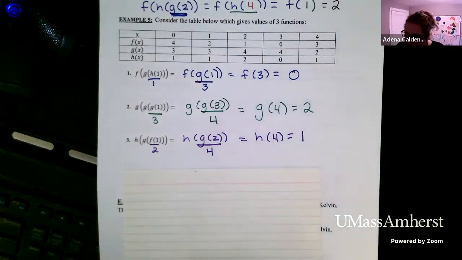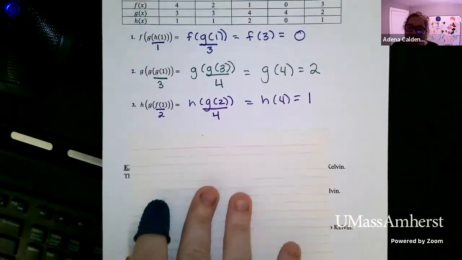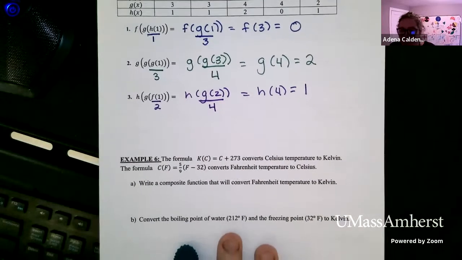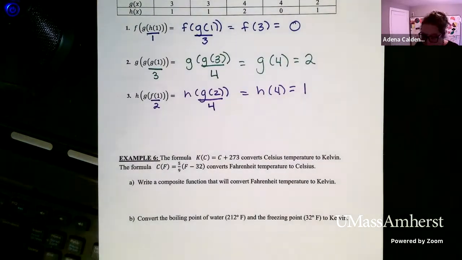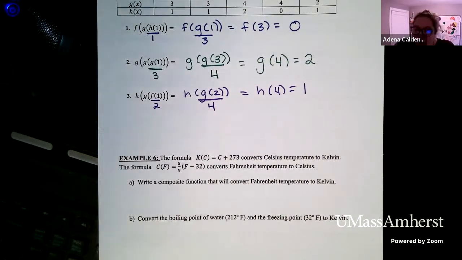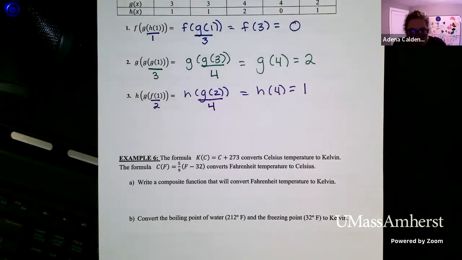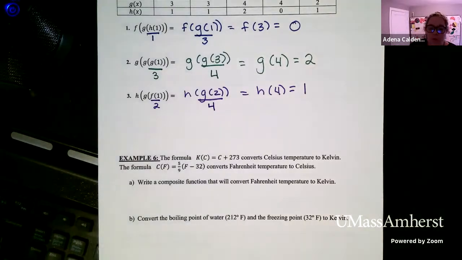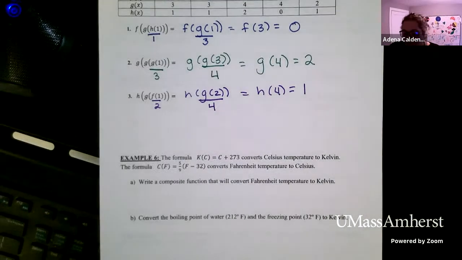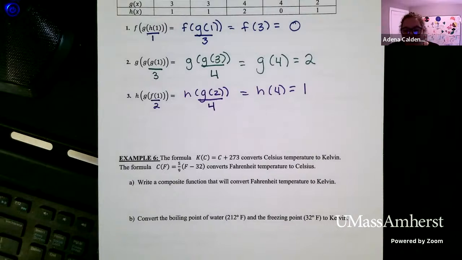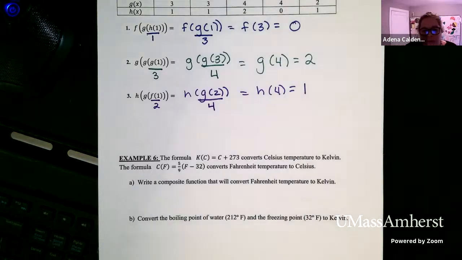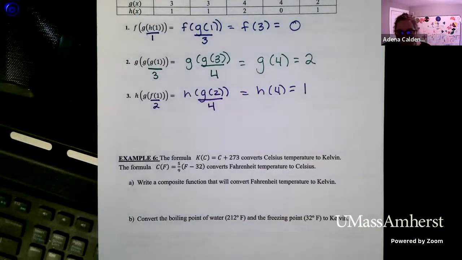So the next application we're going to consider here is a word problem. In word problems, one of the things we really need to practice and get good at is making sure we understand what we are trying to find. So here, I'm going to try not to give you too many hints. I want you to think really carefully about what the dependent and independent variables are going to be for your final function. So we have the formula K of C equals C plus 273, which converts Celsius temperatures to